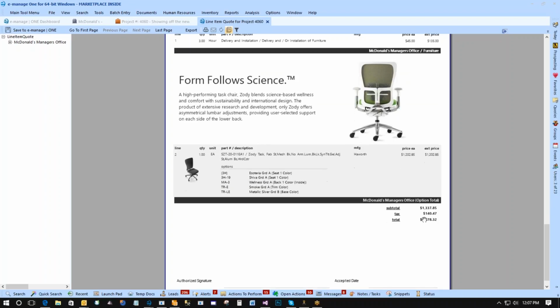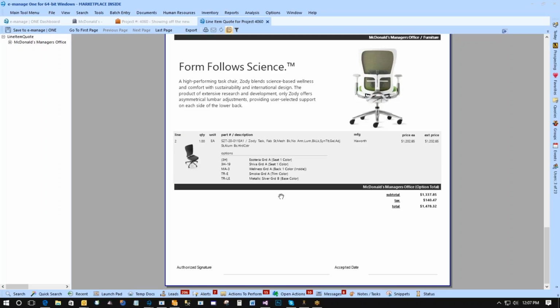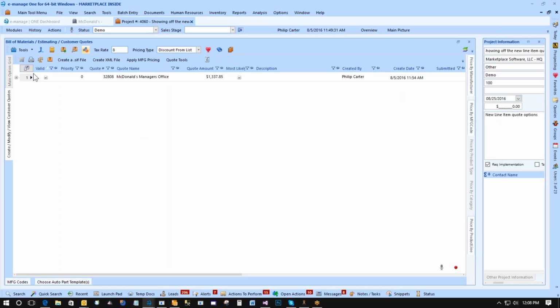Then we have a total down here at the bottom. Because this is a one-page quote, our authorized signature and accepted date are on the last page of every quote. So this happens to be the last page since it's a one-page quote. Okay, so I'm going to go ahead and set some different options here, and we're going to see what this